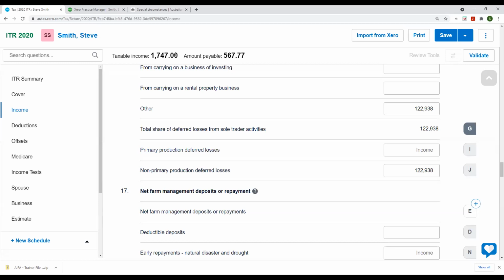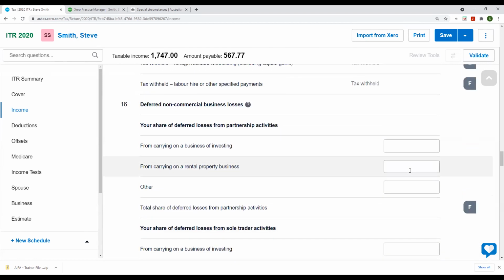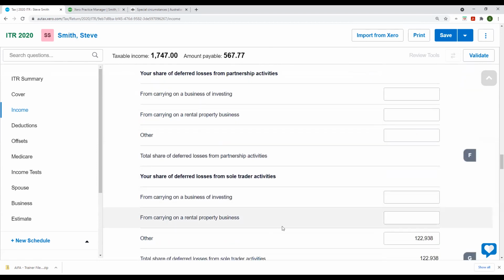In that case, you can see taxable income is reducing. Why? You did not take it out from here. If you take it out, you can see it will go up, right? So if you are not going to take out your loss from your other income, you're going to defer it for previous years. That's called deferred loss. Next year, if you have some income from your business activity, you can offset this one. That's called tax loss deferral. So if you do a couple of exercises in this area, you can understand how you're going to work on that